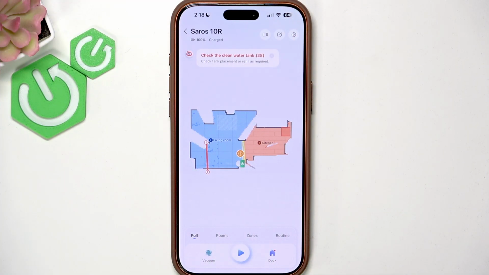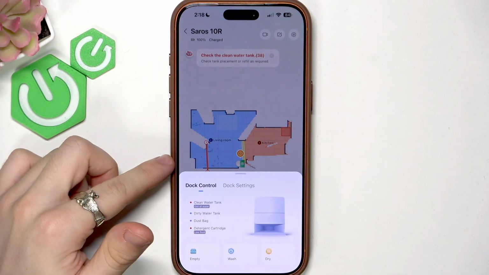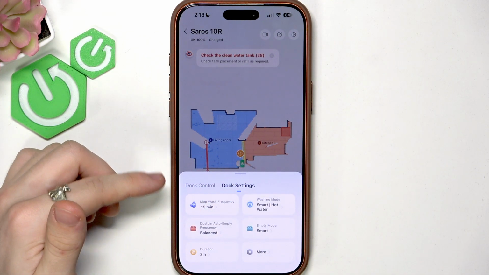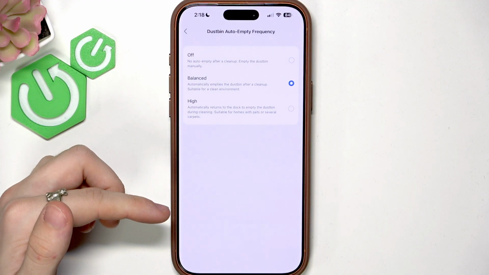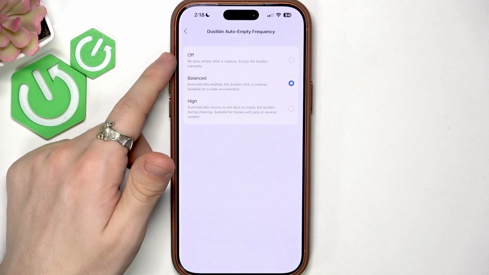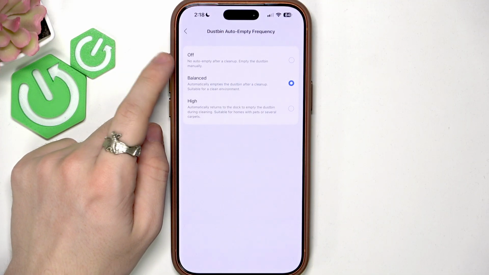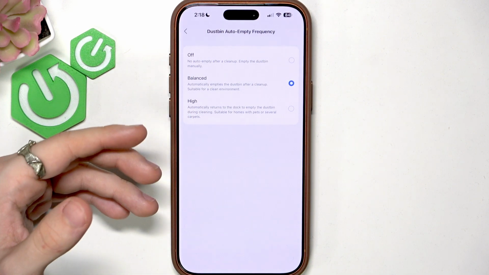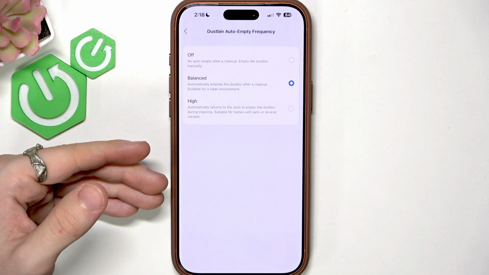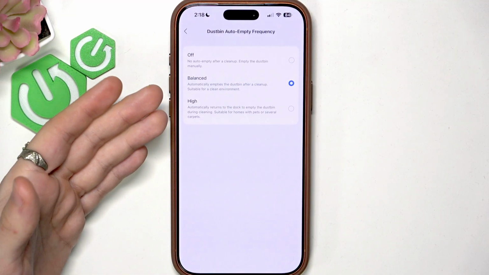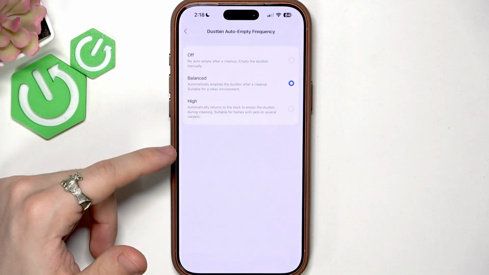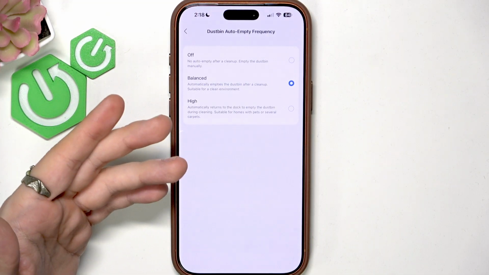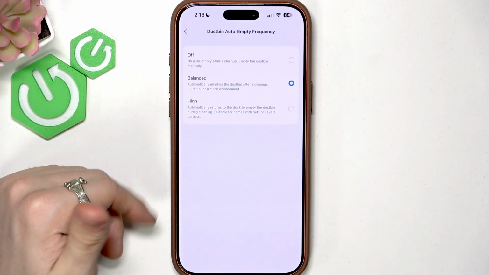To change the dustbin emptying frequency, you'll need to simply tap on dock right here in the app, go to dock settings, dustbin auto empty frequency, and you can set it to off so it will not do that. You can either manually empty the dustbin by taking it out of the robot and emptying it, or by going into the app, clicking on dock, I'll show you that in a moment, and then selecting auto empty, or you